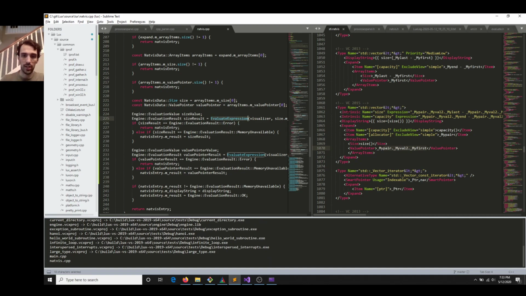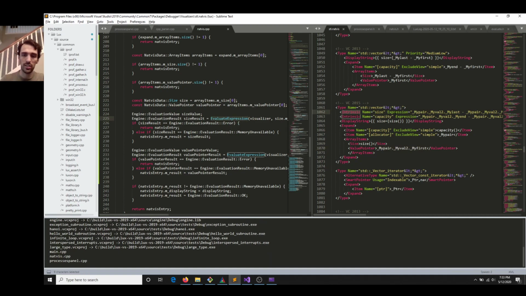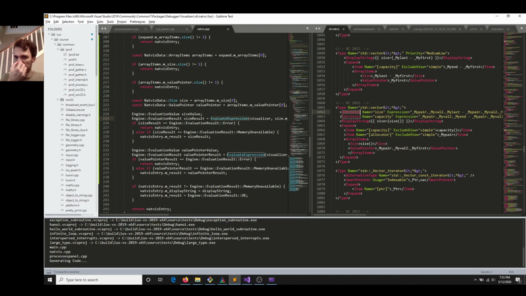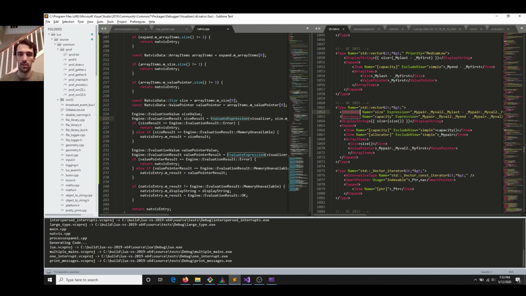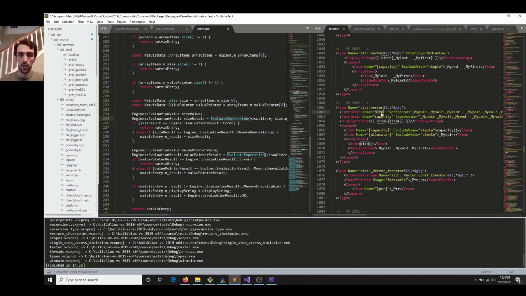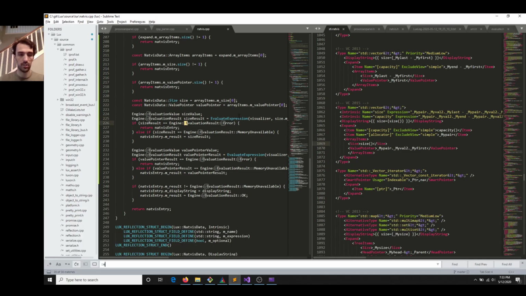Evaluate expression will actually look at these intrinsics. Intrinsics is like defining a little function inside of the native visualizer called size that you can refer to from other places. Here it is referring to size in order to calculate the display string. Here it is referring to size as part of the size. So this size evaluate expression is going to call this size, which the first thing that evaluate expression does,